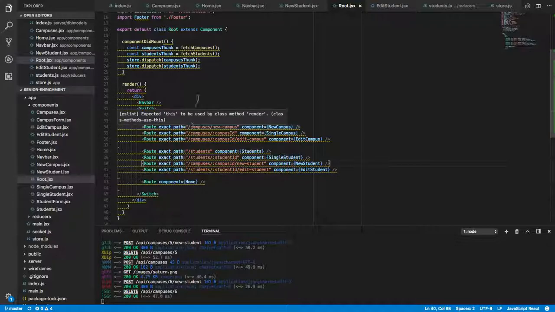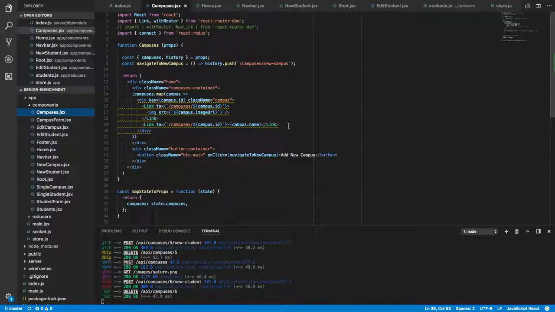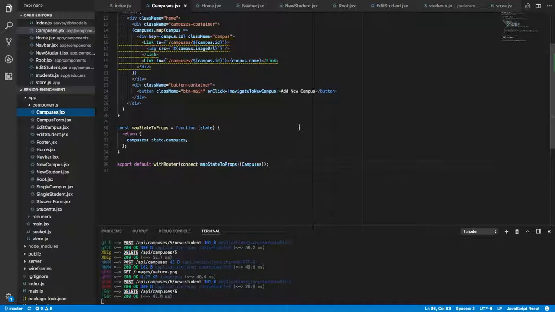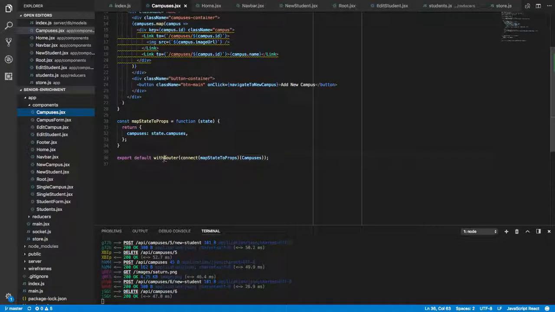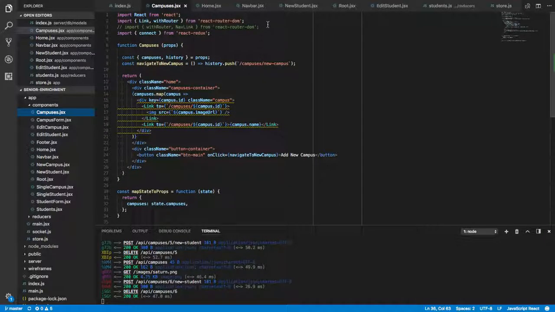the rest of the components I did try to connect directly. I'll go through just campuses, and everything that's done for campuses is similar to what's done for students. So for campuses, we have this dumber component, which we're connecting up with router because I have a button that requires us to use history. So we couldn't access history from props without router. And I need to get rid of this line. I need to clean up my code a little bit. I was rushing at the end here, but it's functioning. So